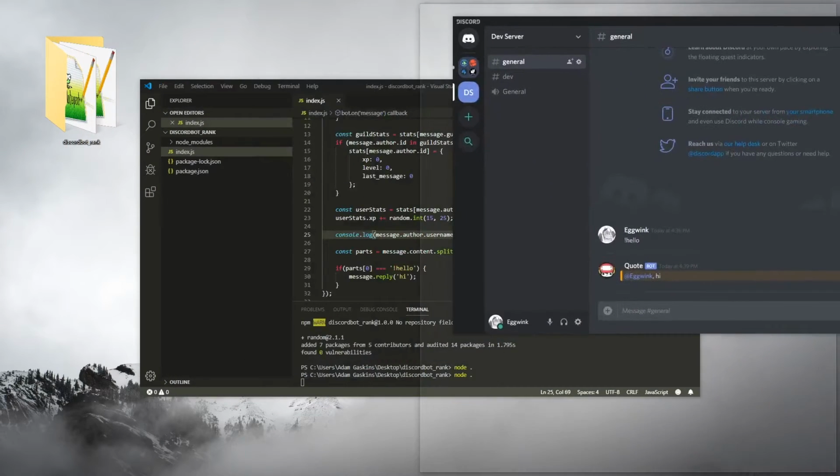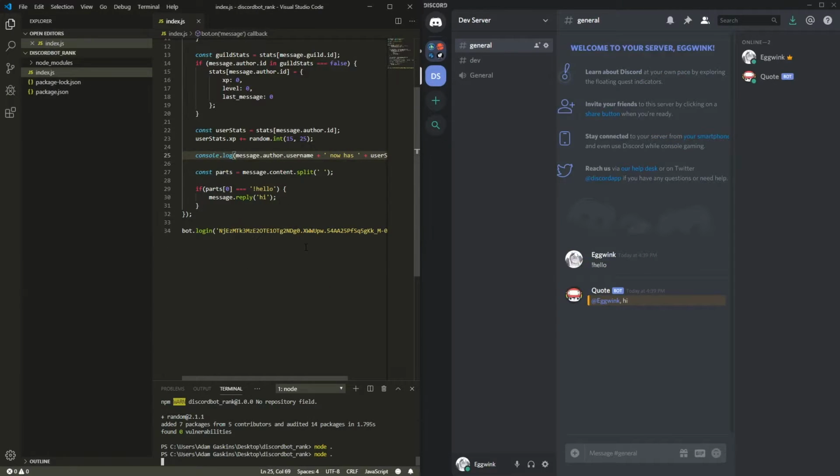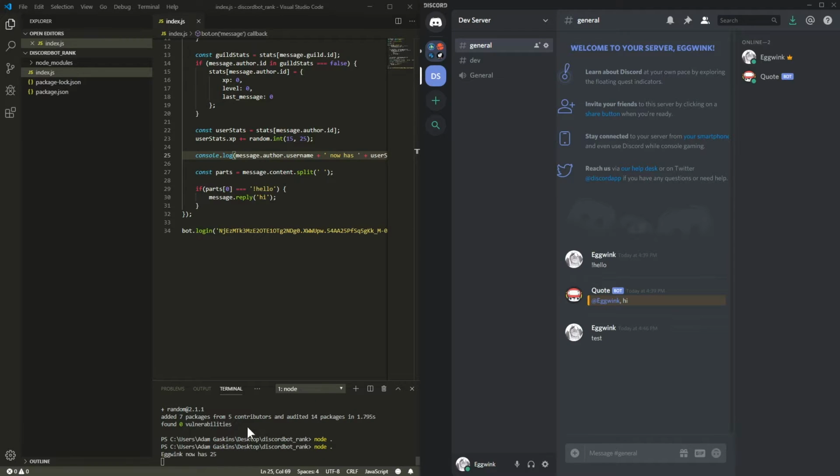And let's set these up side by side now. So when we say text here, it's going to give us XP, and the only way we're going to know about that is it'll tell us down here how much XP we have. So test, there, now I have 25 XP. So as I continue to chat,